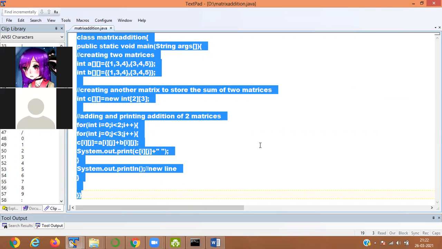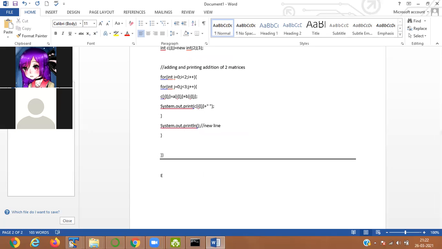The enhanced for loop is basically used to retrieve all elements from an array without a for loop. So without a for loop, we can retrieve all the elements from an array.